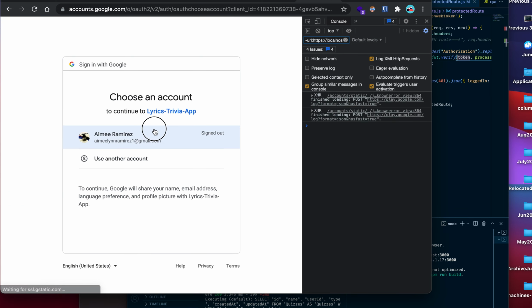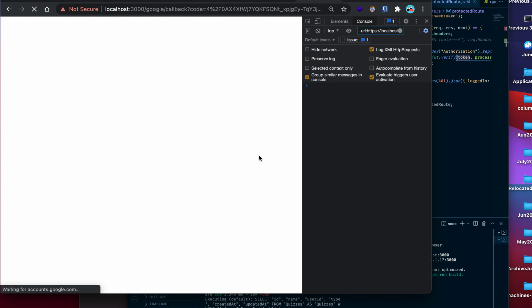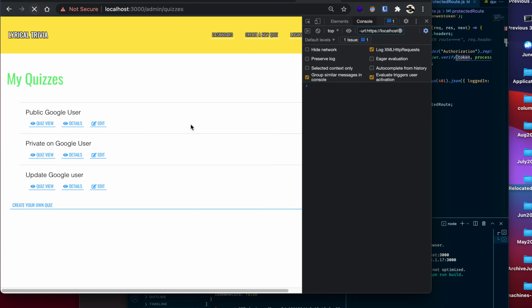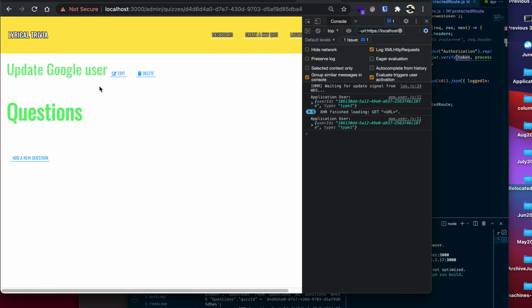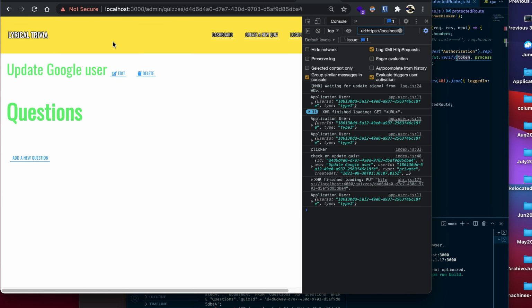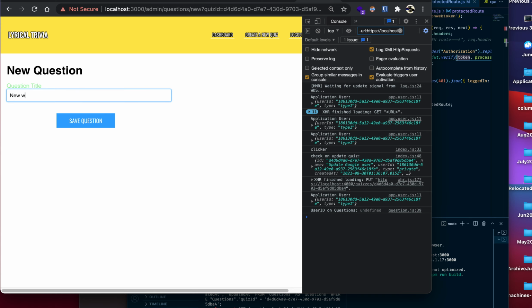So if I try to log in through Google, that gets that information and gets the header refreshed for that overall project. And you can see the updated user. I can just say edit and I can show you what I did to even create a new question on